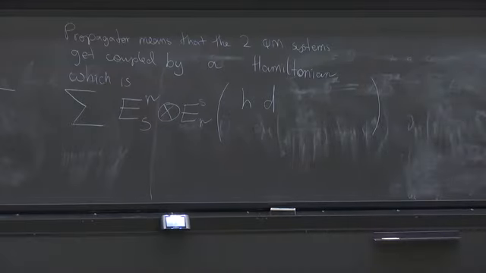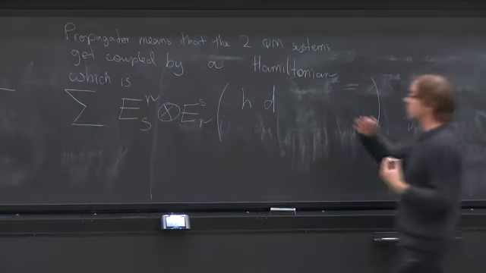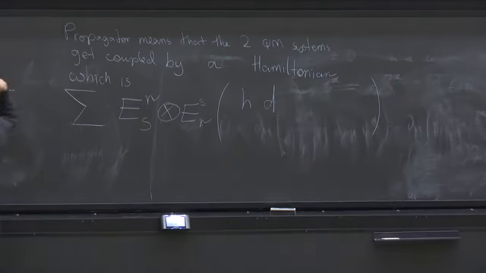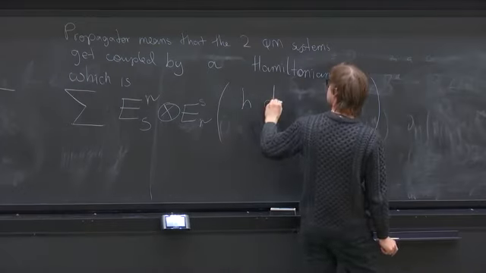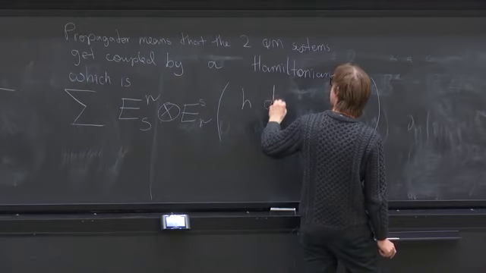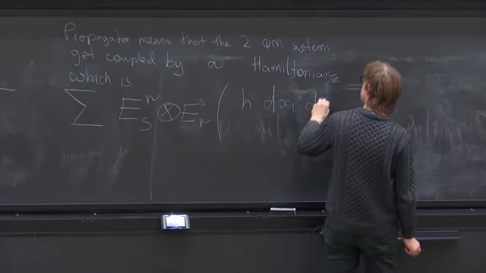Since one of them is always at the origin there and the other is always at the origin on the other axis, y1 is 0 and x2 is 0. So I'll get h dx1 dy2